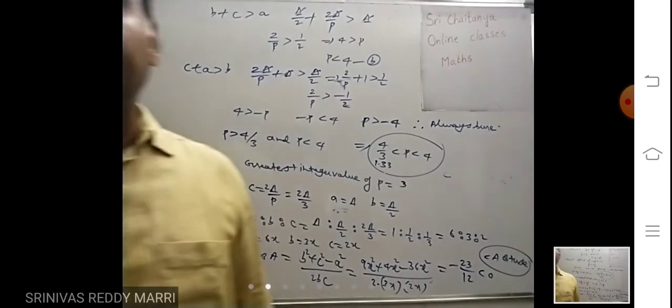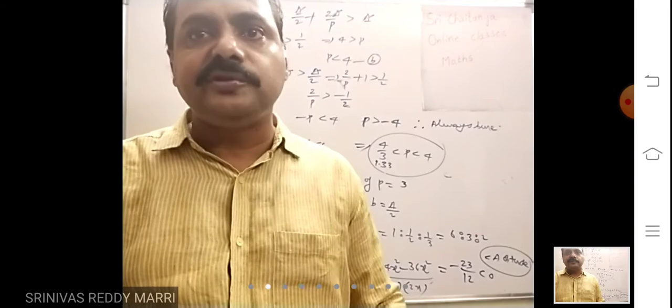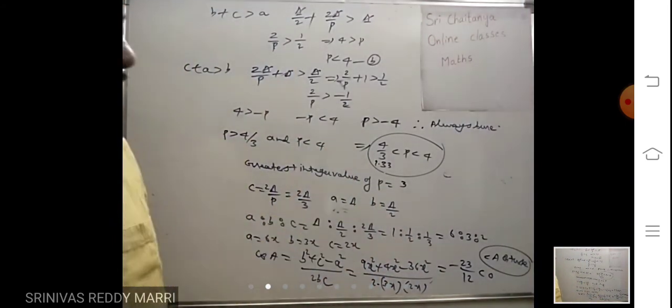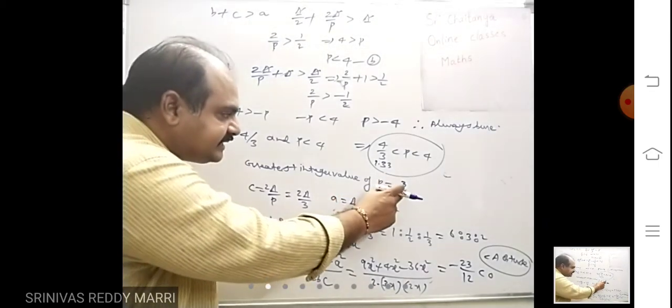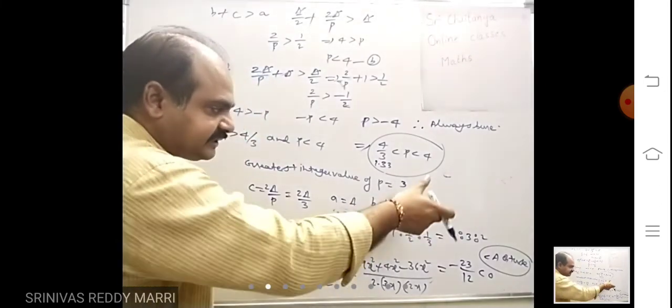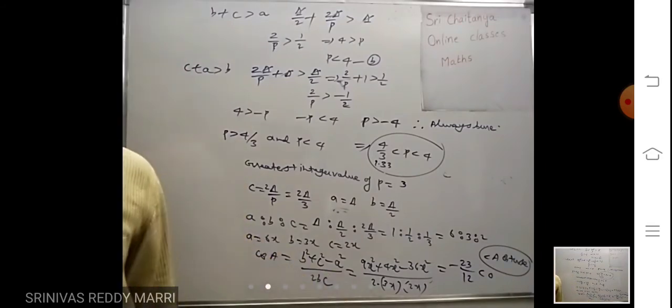Right? In a triangle, if one angle is obtuse, maximum one angle will be obtuse. It is called an obtuse angle triangle. Therefore, this triangle is what? Obtuse angle triangle. That means when P takes the greatest integer value, you will get the ratio of the sides and then you can calculate what those angles are. So one angle is obtuse, that's why it is an obtuse angle triangle. Now what is your doubt, Varshit Reddy? Tell me.